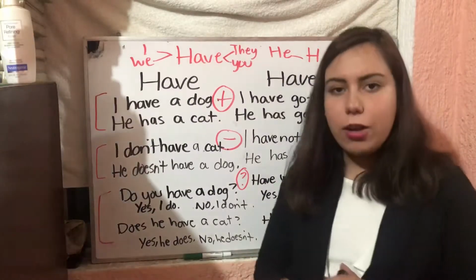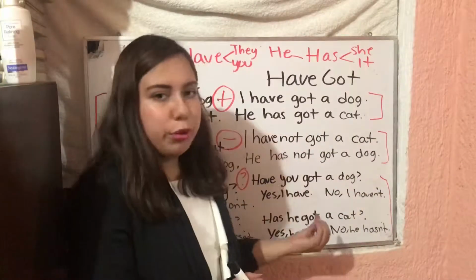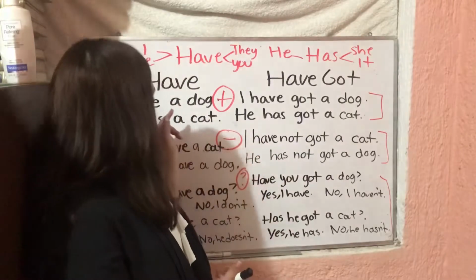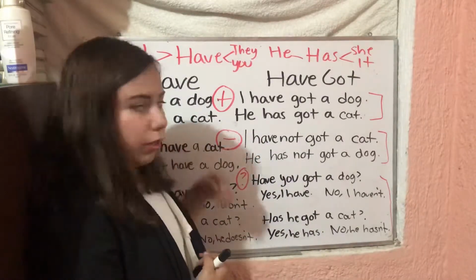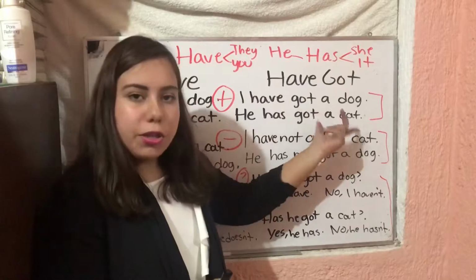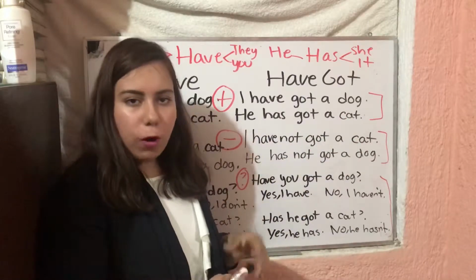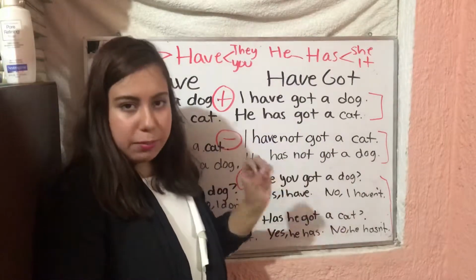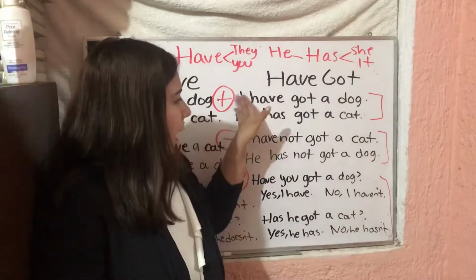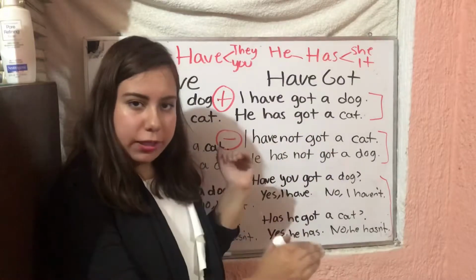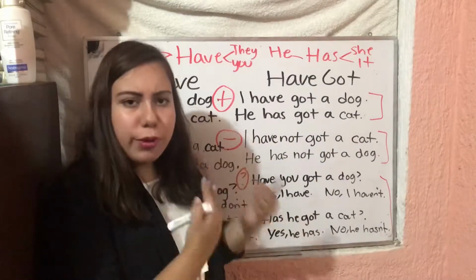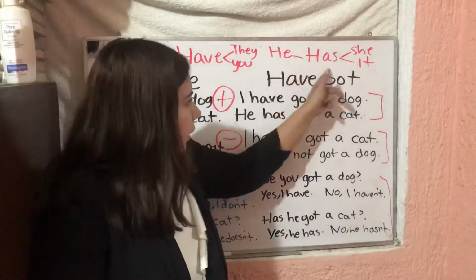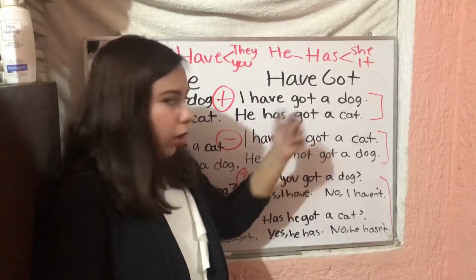Good? Great. Okay, so let's go on to this more British side. It is very similar, but we will see some differences. In this American side, we have, I have a dog. Over here, I have got a dog. The only difference we're seeing so far is the word got. It means the same thing, but here, can I say I got a dog? No, I have to say complete have got. They're like friends or like boyfriend and girlfriend. They have to be together. I have got a dog, and for third person he, we're going to say he has got a dog.